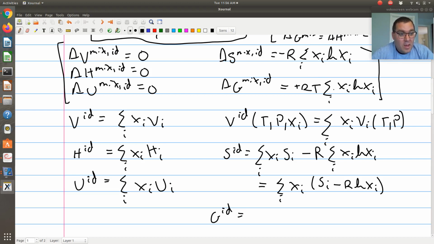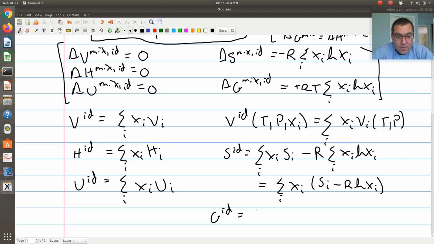If I were ever to have a delta G of mixing that's positive, what that tells me is that when I mix those two pure component systems, we're going to get phase separation. I'm going to separate to form two distinct phases, which corresponds to liquid-liquid coexistence. But once those two phases separate, I'm going to end up reducing the molar Gibbs free energy of my overall system compared to the case where they were mixed. So if delta G of mixing is positive, I'm going to get phase splitting and have a partially miscible system. But anyways, getting back on topic.